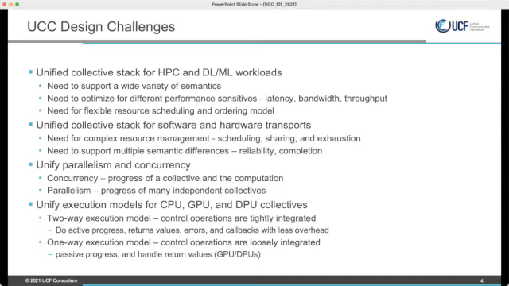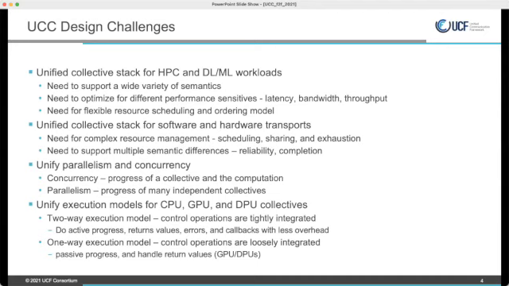Going to the next point, any stack you build today, especially for collective operations, you need to support both software and hardware-based transport. What I mean by that is one typical way to build collective operations is on top of point-to-point operations like UCX, and another way is on top of hardware transport like SHARP. So it makes sense to support a single collective stack for both of these transports.